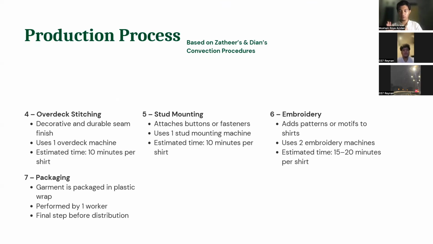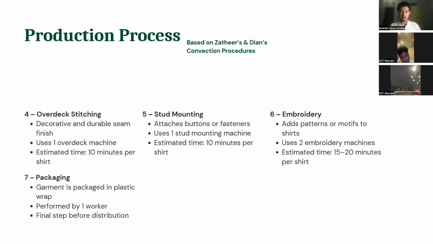To make the sides of the clothing tighter, they use hemming and overdeck. Hemming uses two machines and overdeck only one machine, with an estimated time of 10 minutes per shirt. After that, we move to stud mounting, where we put seven buttons on the clothing,